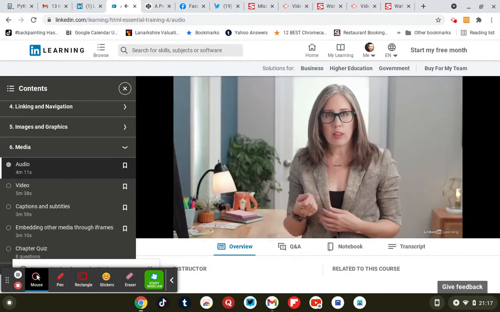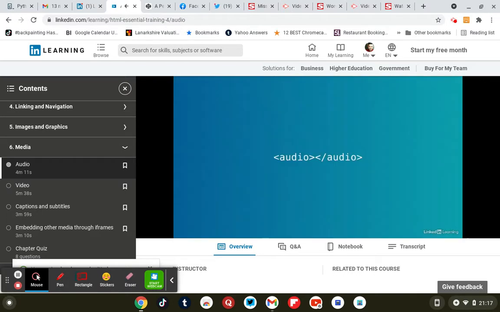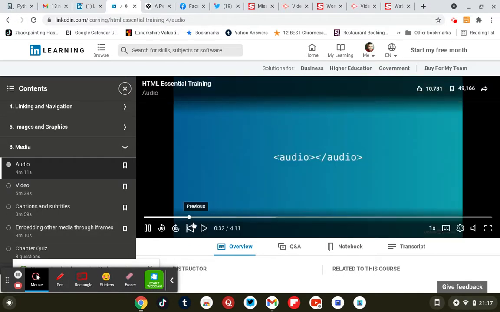The structure of the audio element is similar to the image element, with a few differences. Unlike image, the audio element has both an opening and a closing tag. It's more modern, and having both an opening and closing tag gives it more power and flexibility. Now, just like the image element, we use a source attribute to provide the URL to the file, in this